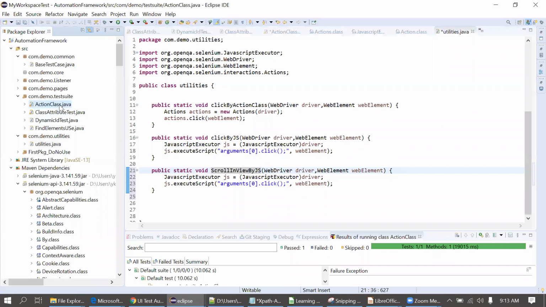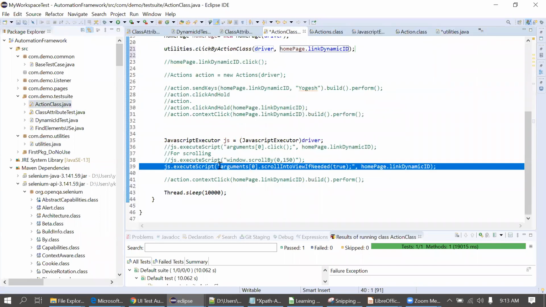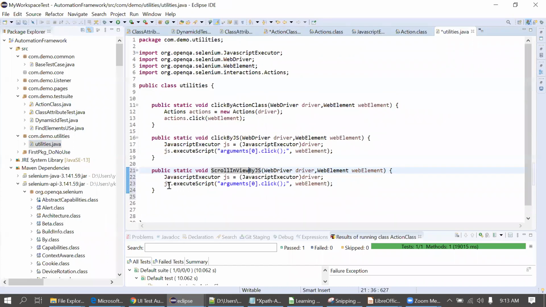I'll just copy the syntax from here. Don't type this much code at the test case level. You have to keep it separate. Now here I will just pass the web element. So I'll simply call this method whenever I require this.